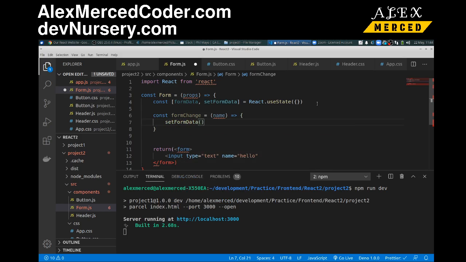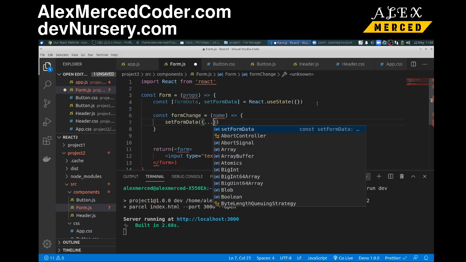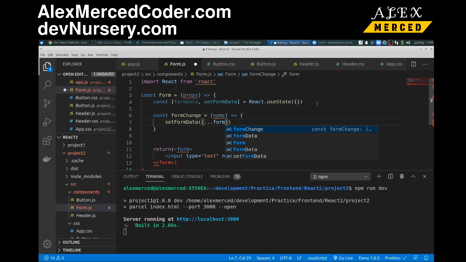We're going to create a new object, but include all the properties that already exist in form data, because we don't want to miss out on any of that, since it won't keep them if you don't add them in there. And then we're going to have a property that is name, so whatever the name of the property is, which is going to equal